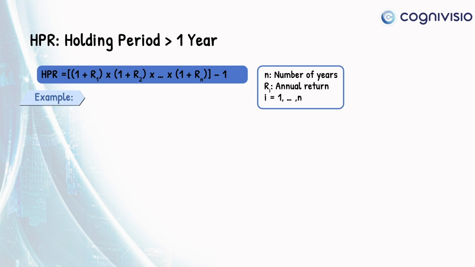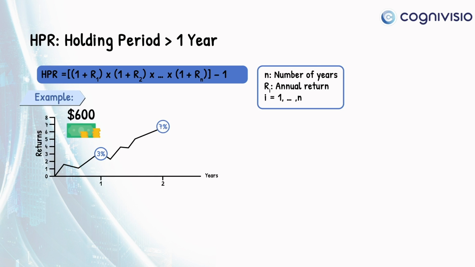For example, suppose that an investment of $600 over a period of 2 years provides a return of 3% and 7%. What is the HPR? First, calculate the ending value as beginning value times (1 + R1) times (1 + R2). Here, that is $600 times 1.03 times 1.07, which is equal to